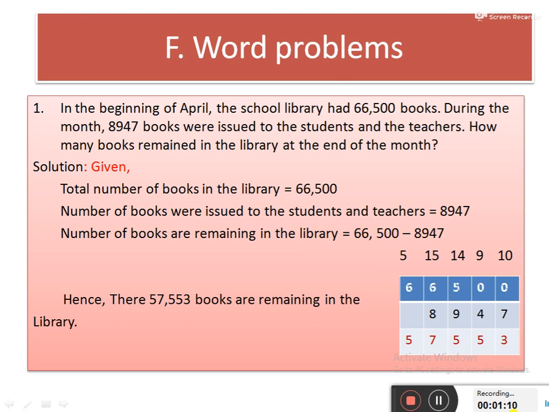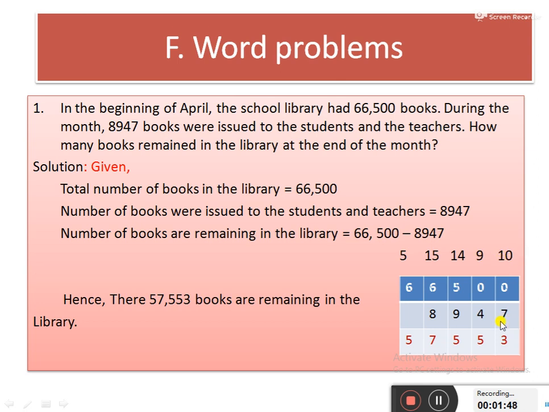8,947. Now you see, when you do the subtraction, from ones place we have to do 7 from 0. We cannot do the subtraction because 0 is the smallest number, so we can borrow from the neighbor. In that neighbor nothing is there in the tens place, so again we have to borrow from the neighbor. In that 100 place 5 is here, so we can borrow 1 tens. So here 0 is here in the tens place. When we borrow, 0 will become 10, 5 will become 4. Now we can borrow from the tens place. Here 0 is here. When we borrow 1 tens, 0 will become 10. This 10 will become 9.